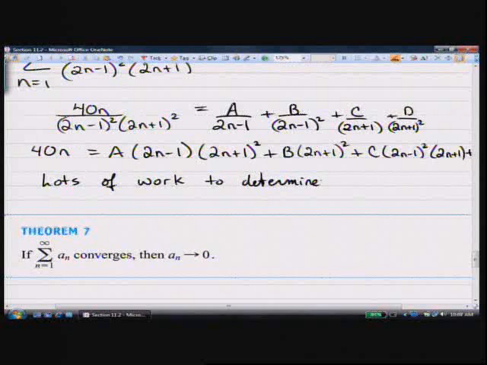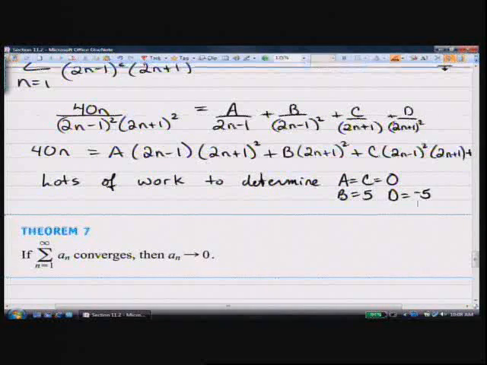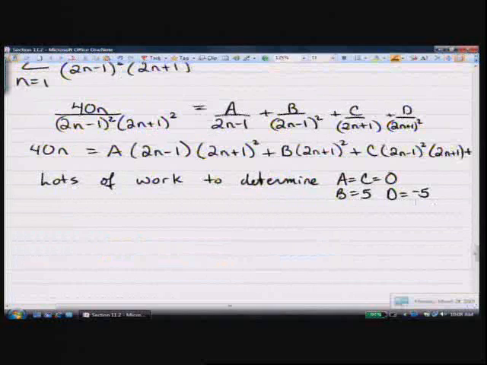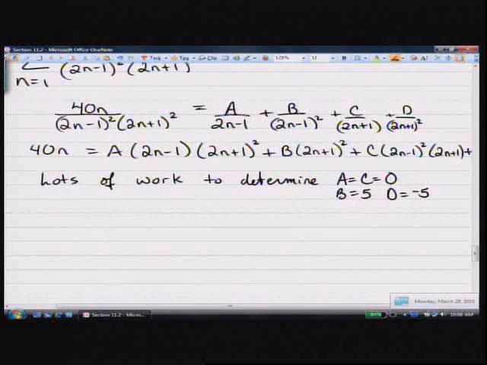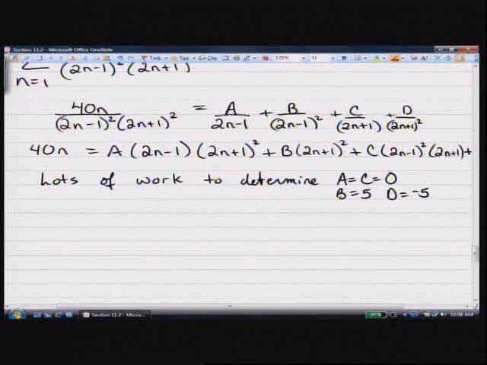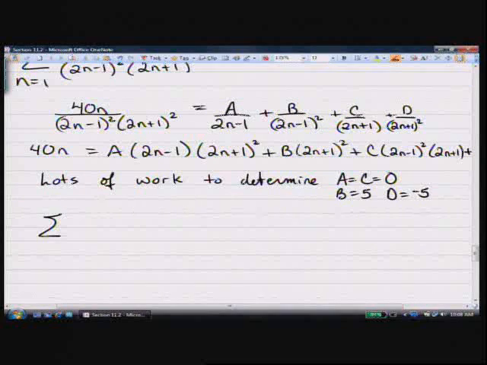A equals 0, C equals 0, B equals 5, and D equals negative 5. A and C are equal to 0, B equals 5, and D equals negative 5. So if you're bored later, you can figure that out with your algebra. Well, then why do we do all of that? Well, we do that so that we can then say that since A and C are 0, this series